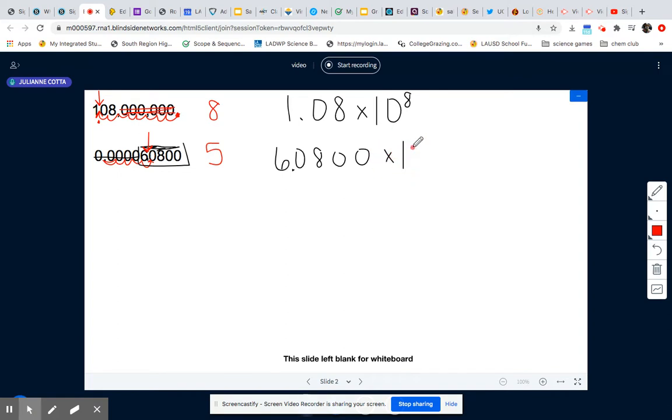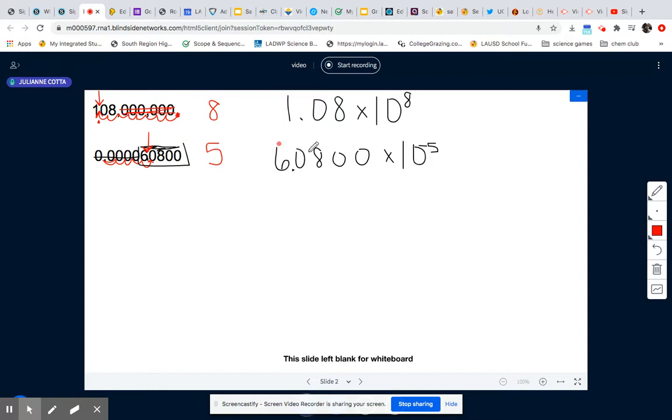to the 5th power. Now remember the rules. If you're writing your scientific notation correctly, this number is going to be between 1 and 10. The first number always has to be between 1 and 10. It's always raised to a 10th power because that's what our number system is based on. Now I put to the 5th, but this number right here is small. So if your exponent is for a large number, it's going to be positive. If this is a tiny number, if it's less than 1, then it'll be a negative 5th. There you go. So 6.0800 times 10 to the negative 5th,